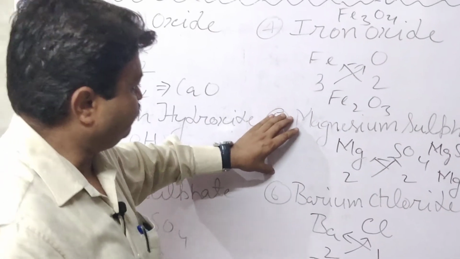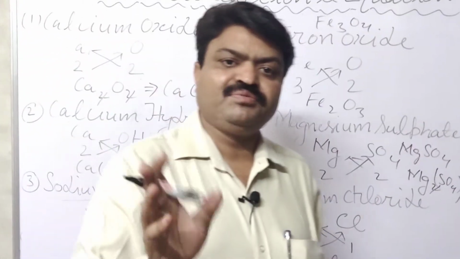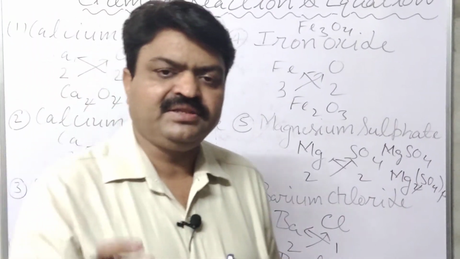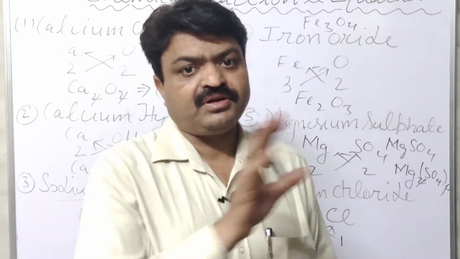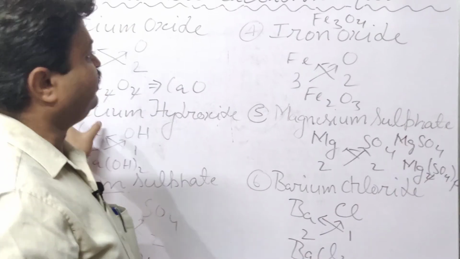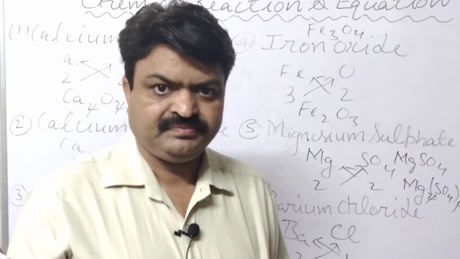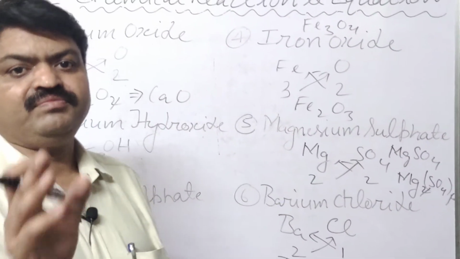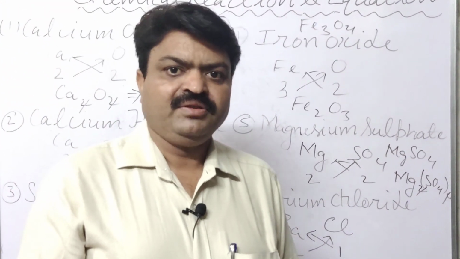So these are the formulas, student, and you will try to learn them with the help of the valency. Because if you learn the valency, then you can write the correct formula of the particular chemical substance. If you do not learn the valency or the symbols of these particular chemical substances, then you will write the incorrect formula and you will not get the marks. So you will try to learn these basic chemical formulas of your NCERT, student. Now you will try to cover it and try to learn them.